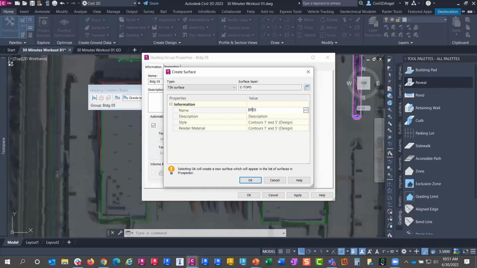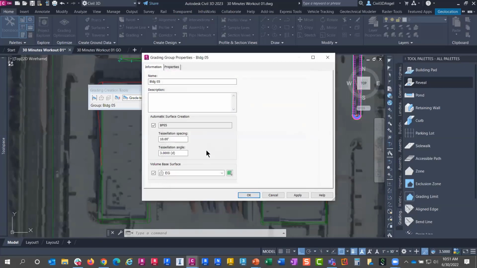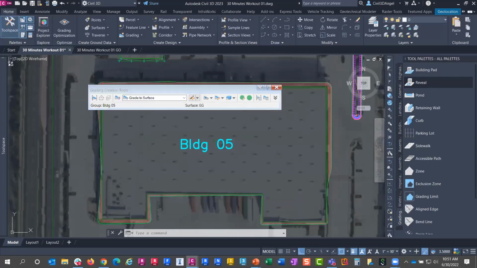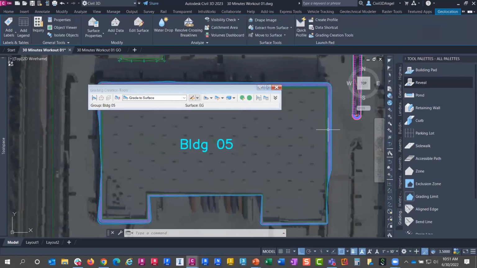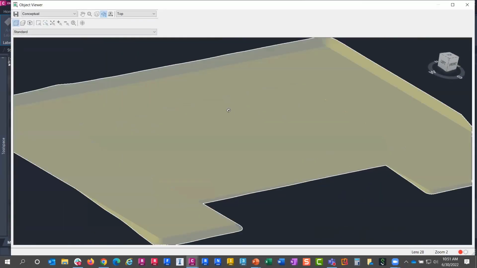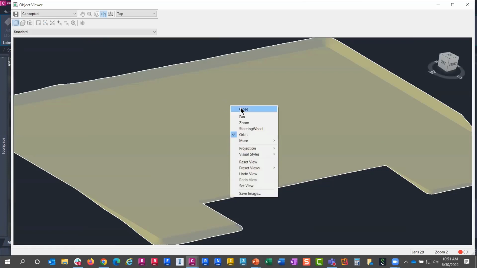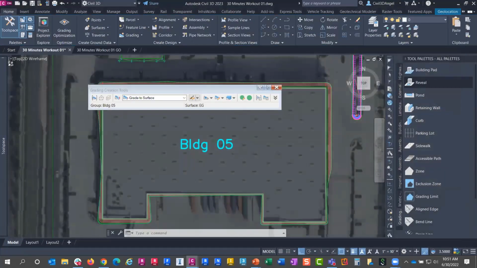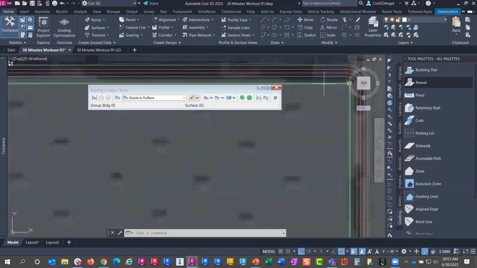Let's make that BP05 and hit OK there and OK there. And now a surface has been generated that if I touch that surface, place that in the object viewer, from the grading, we can see how that was all defined, right? Relatively straightforward. And it does have that little, almost a shelf that's 2 feet out and 2% down. Okay, now,